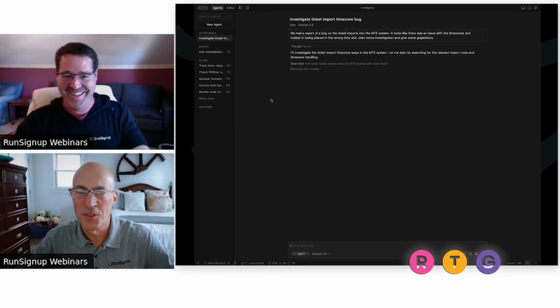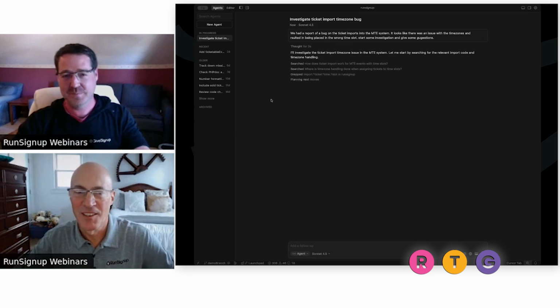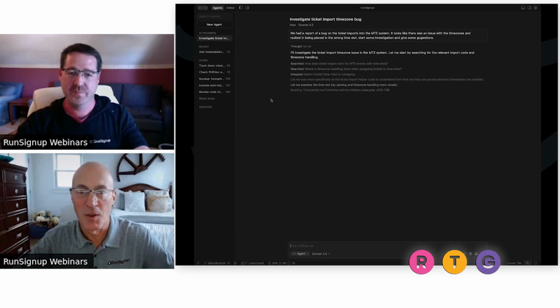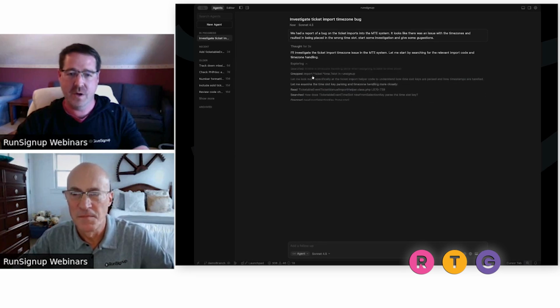And time zone issues are notoriously difficult to debug. First, you got to figure out, you got daylight savings time that screws everything up. And then you got what time zone are we talking about, where the event is or where the person's logging in is. So there's a lot to a time zone issue bug. Mm-hmm. So you'll see Cursor is starting to go through